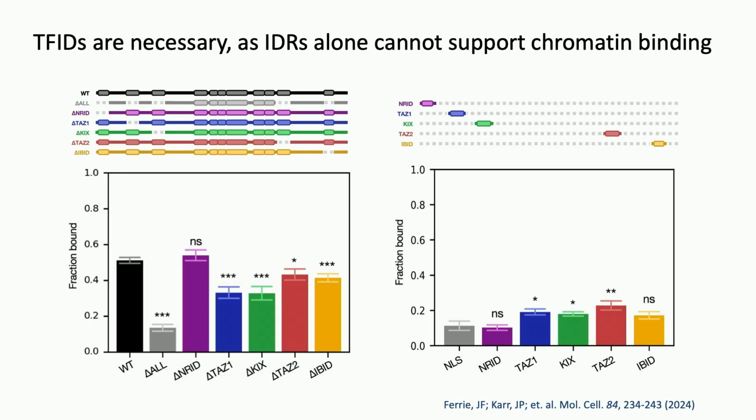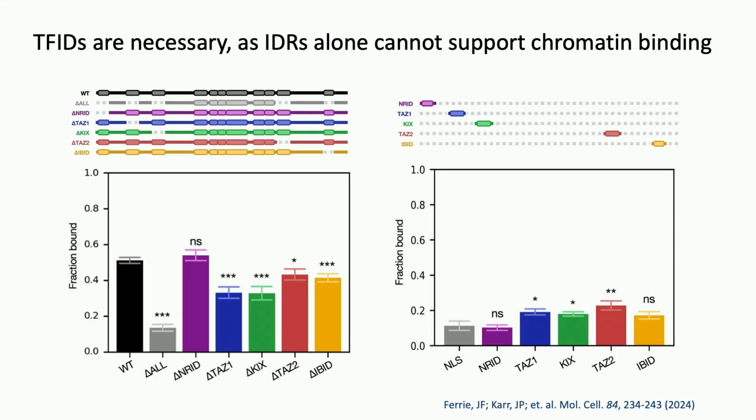And if we express them one by one, and label them with a fluorophore and track them, they also have a minor effect interacting with chromatin. And so this is a point that is very important to illustrate here: this is a communal effect in between all these domains, and one of them is not sufficient to bind efficiently. Altogether, they bind very well, but